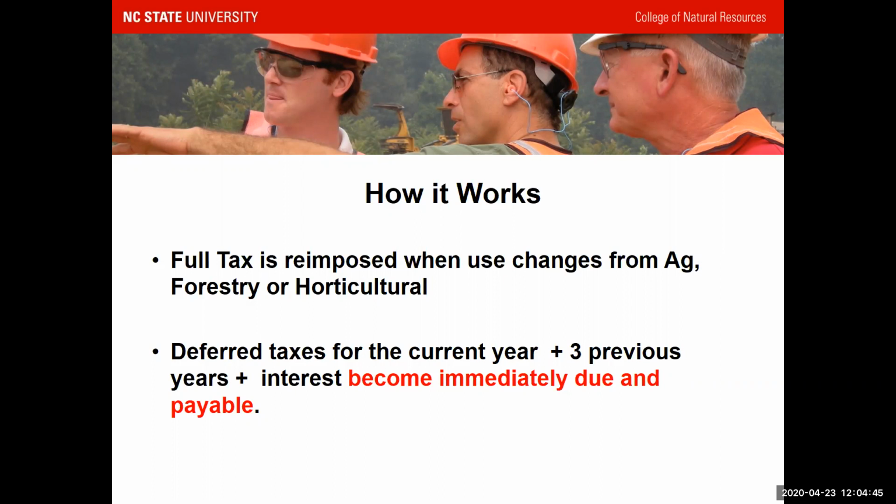So that's the stick part of the program, but the carrot part is very, very useful and very popular in North Carolina, and it's been a model that's been reused in many other states. So if you're in another state, your program may be known by another name, sometimes the title of the legislation, but it's basically a reduction for productive land.